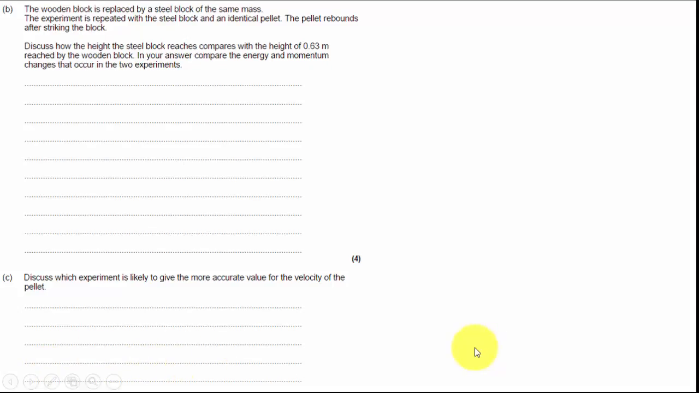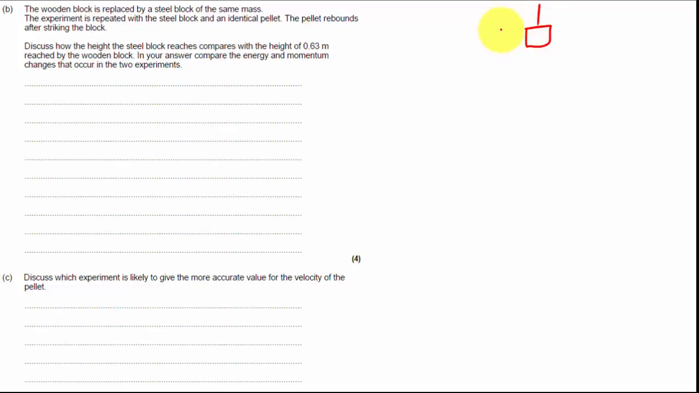Okay, so now the wooden block has been replaced by a steel block with the same mass, and the experiment is repeated with an identical pellet, but this time the pellet rebounds. Discuss how the height of the steel block compares with 0.63 meters. Okay, right, so what we're going to think about here is if the pellet rebounds,